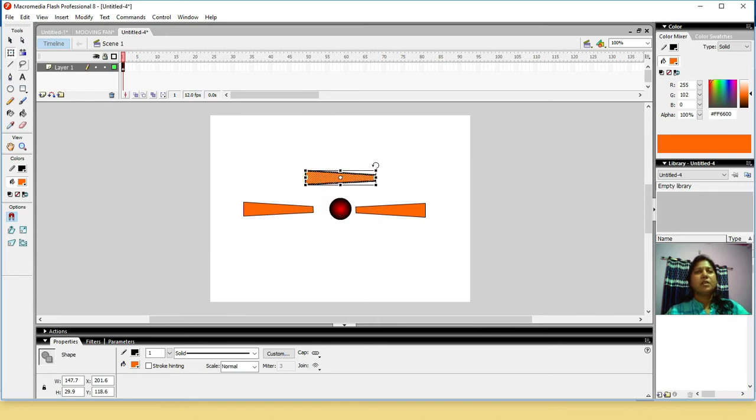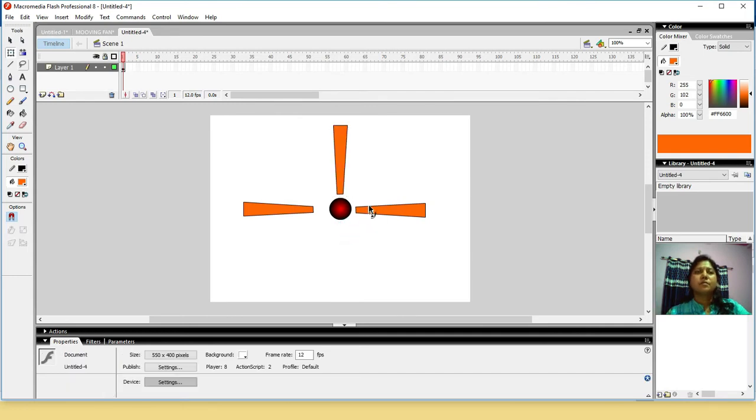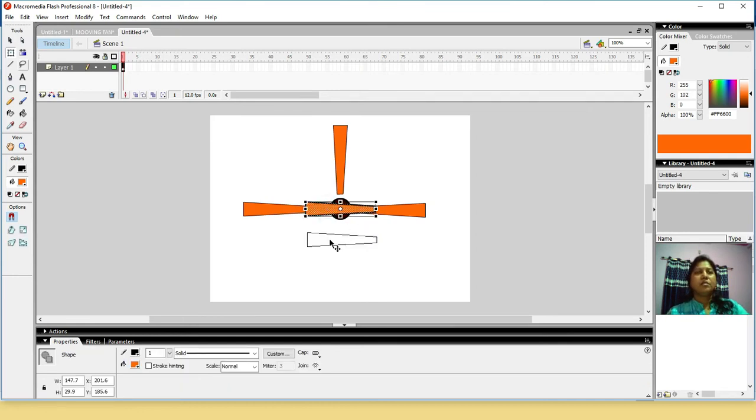Move this one. Again rotate it. Then Ctrl V, move it and rotate it. You can change the blade design also. I am drawing only a simple format.